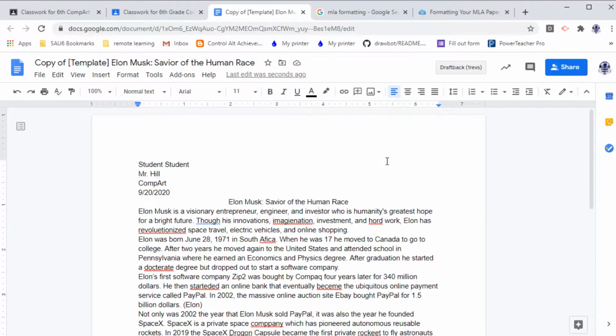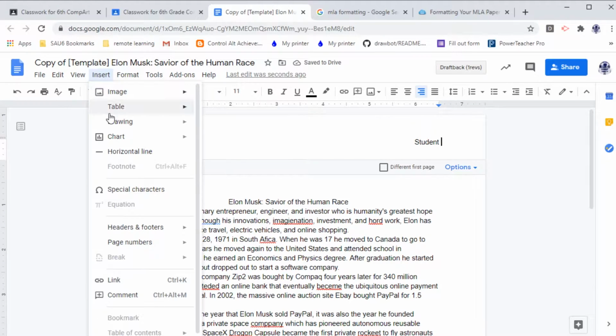Excellent. Now we're going to move up to the header. The header is a special location at the top. And if I just click up here normally, I can't type anything up there. But if I double click quickly, we can see it says header, and there is now a special spot. What's special about the header is it will put the exact same text in the exact same spot on every single page. This is where you want to put your student last name, a space, and then we want to